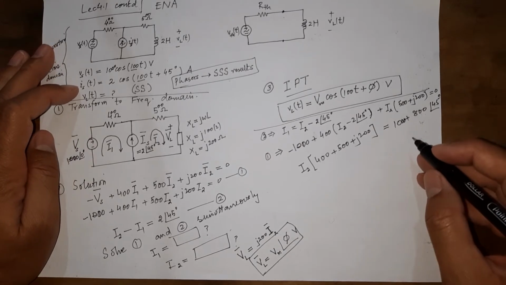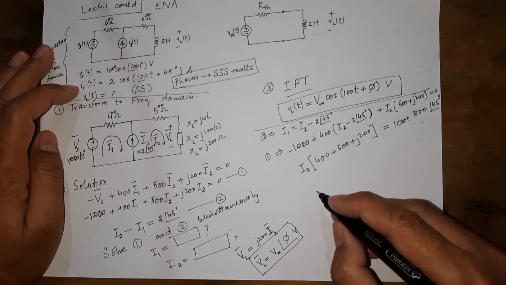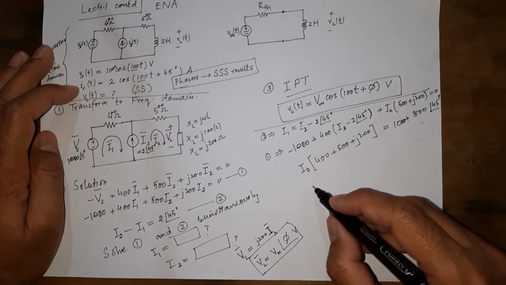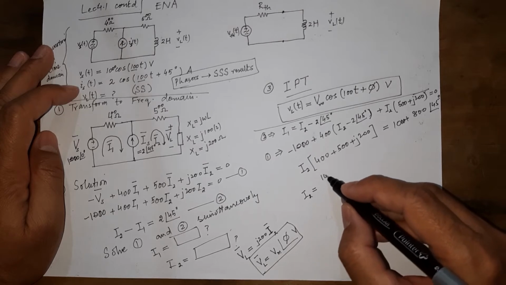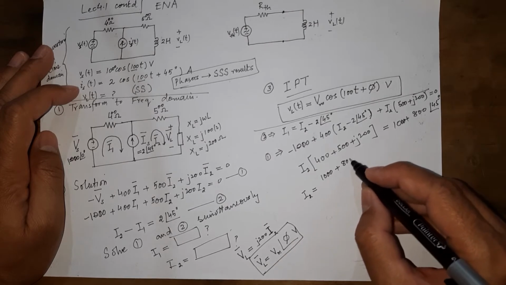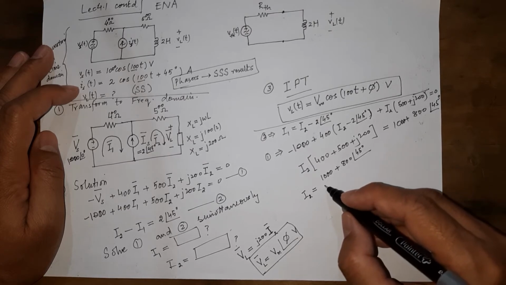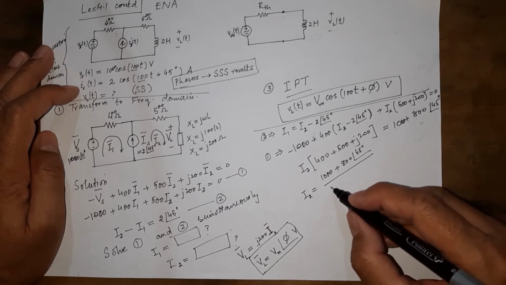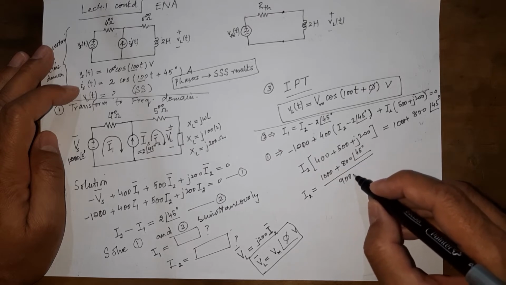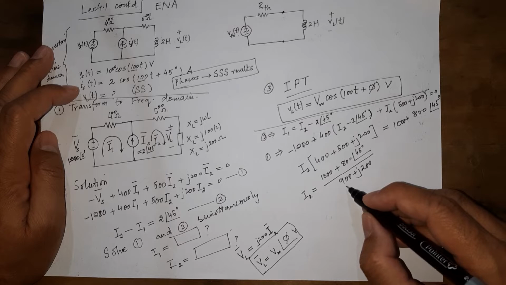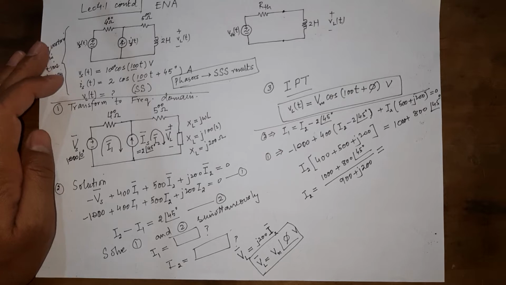Now it's a comparable quantity, and I hope some interesting result can be obtained. So now what do we get here? Our I2 is equal to 1000 plus 800. You cannot add them together. Why? This is in polar form, this is in rectangular form. However, you can add these two together, because both are in rectangular form: 900 plus j200. So you need to keep all this in consideration.